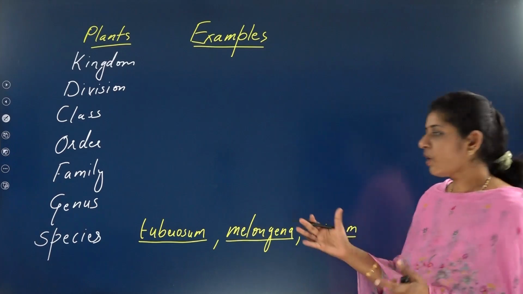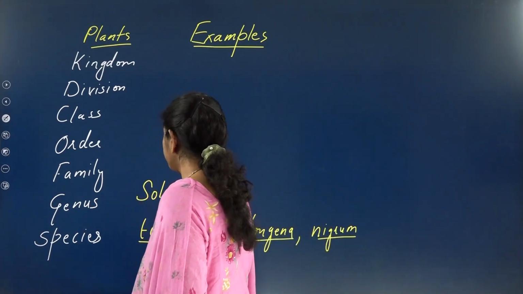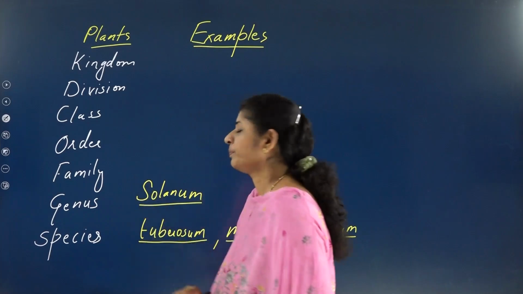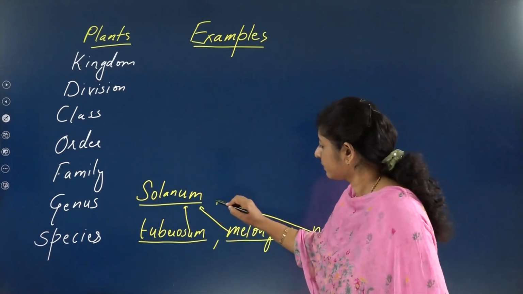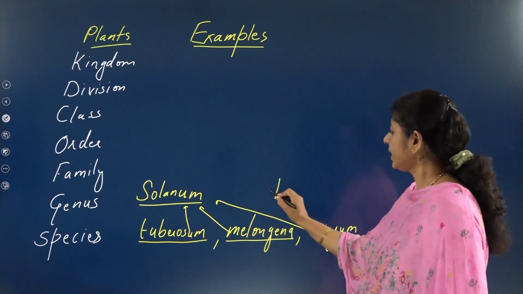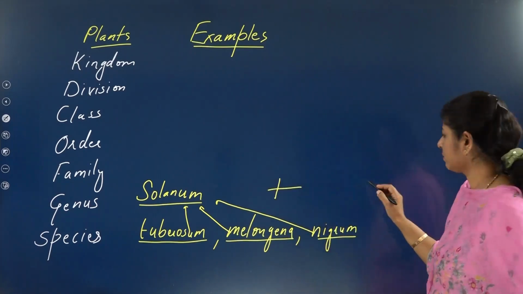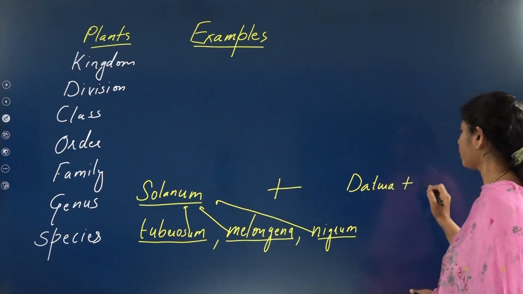Fine. These all come under which genus? That is Solanum. These all three come under the Solanum. Fine. But in addition to that Solanum, if I take one more, like Datura, or I am taking Petunia,